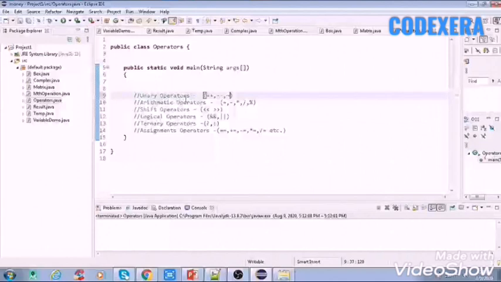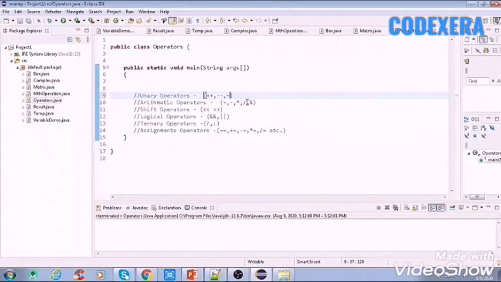Unary operators contain plus plus, minus minus and negation. Arithmetic operators use plus, minus, asterisk, division and modulus. Shift operators use these operands, logical operators use logical AND and logical OR, ternary operators use a question mark sign and colon. And assignment operators are very easy, that is equals, plus equals and so on.